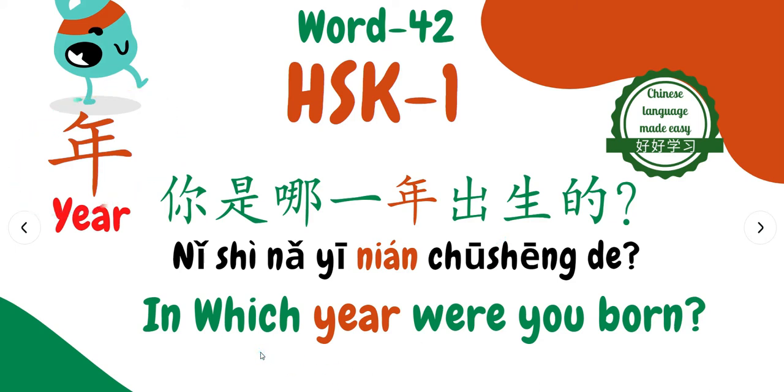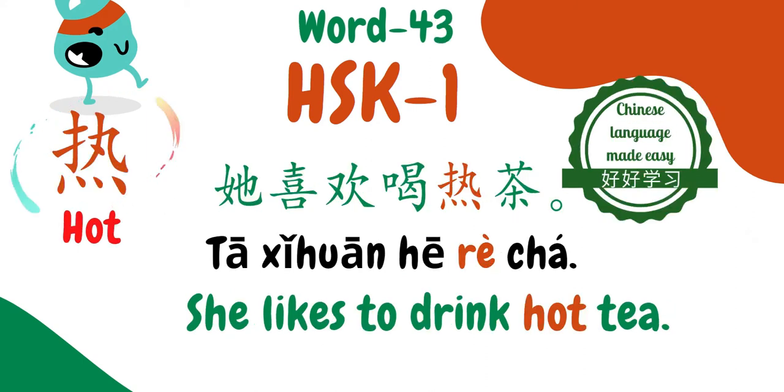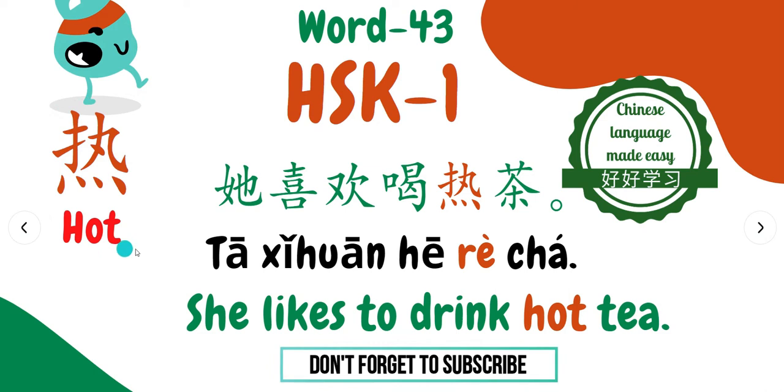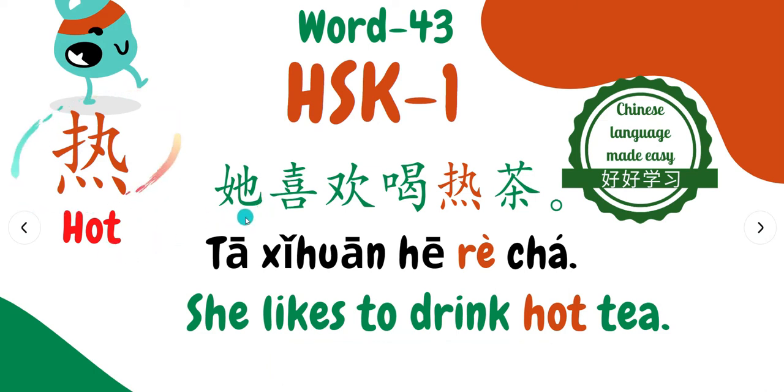I hope this is understandable. Nian was the word. Vocabulary number 43 is re. Re means hot. 他喜欢喝热茶。